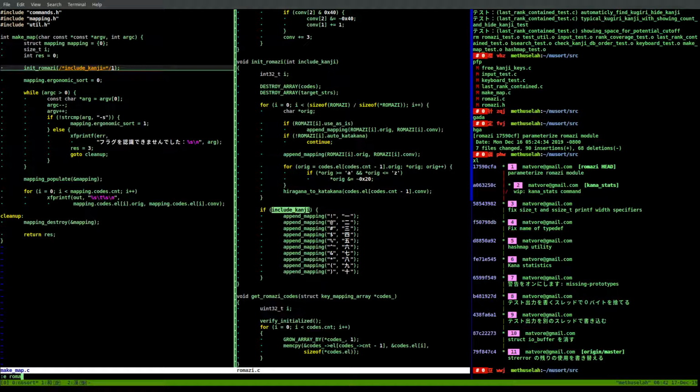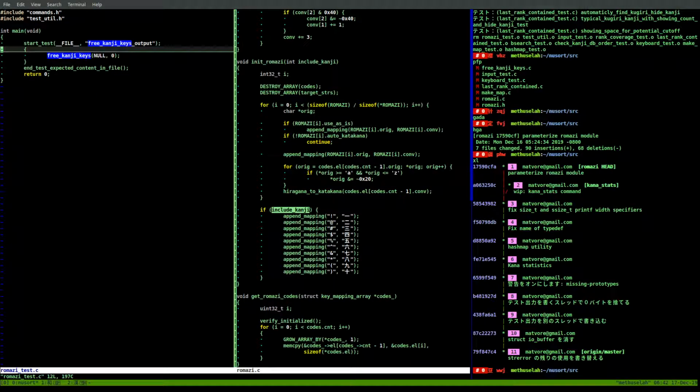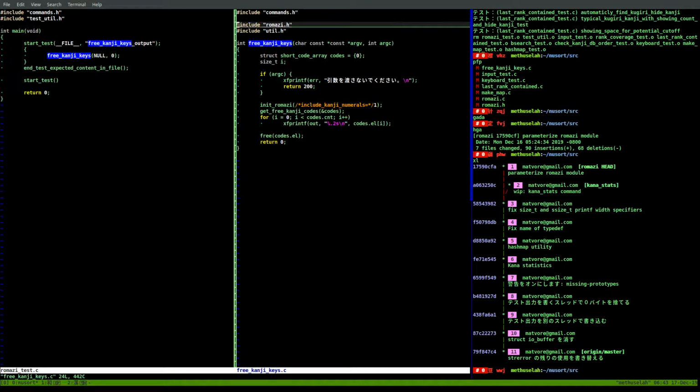So we want to go to romaji test, I think, and we have free kanji keys here. So what we'll do, let's do start test. I guess we want to do free kanji keys again. And free kanji keys does not have any arguments, I believe. So we go free kanji keys, and okay. So let's add an argument here for whether or not we include kanji numerals. And so in order to do that,